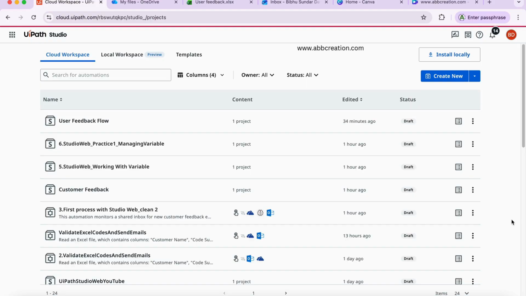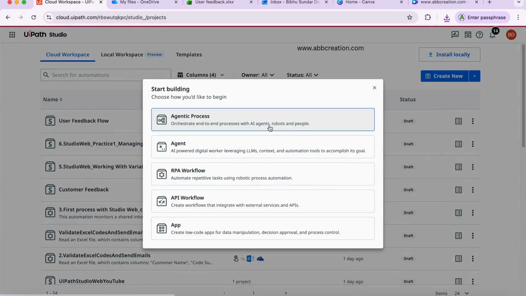In this class, we will see what a variable is in UiPath Studio, and also how we can use variables to store values, where we can define the variables, and what the scopes of the variables are. Okay, so what we will do is quickly create one solution explorer, and